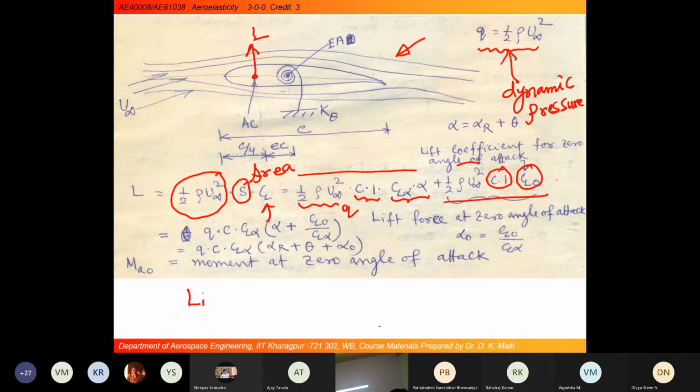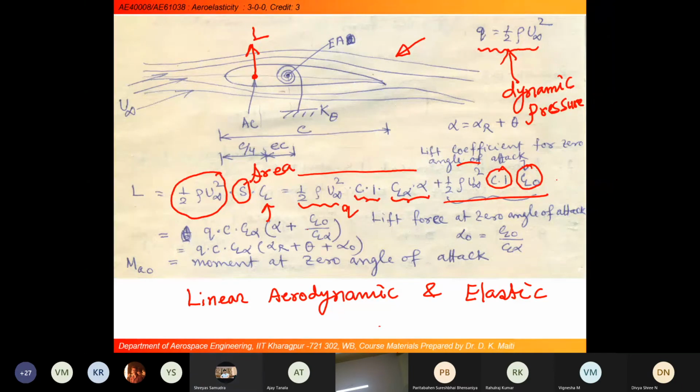See, in our initial calculation, we are taking linear aerodynamics and elasticity also. Both are linear. I'll be talking of non-linear also. So in the initial stage, whatever aerodynamic load I am considering, that is linear aerodynamic load, and the elastic force is also linear. Both are linear. Is it okay? Yes, sir. Okay.